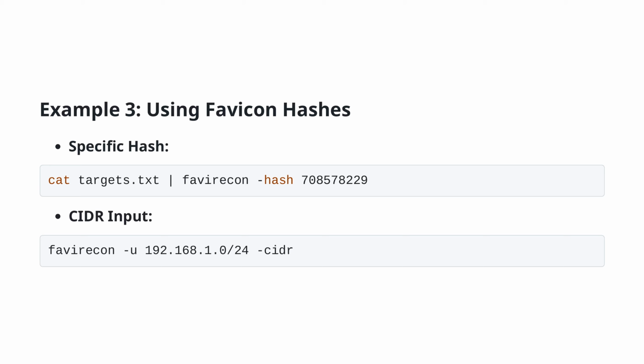Next, if you are working with a specific CIDR range and want to scan the entire subnet, you can use the CIDR input option: favirecon -u 192.168.1.0/24. By specifying the CIDR, Favirecon will scan all IPs within that range to find and analyze favicons. These commands extend the flexibility and breadth of your reconnaissance capabilities, making it easier to target specific web assets using